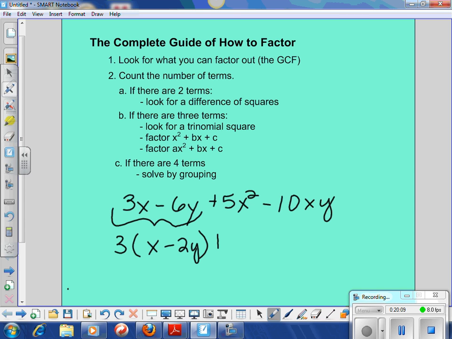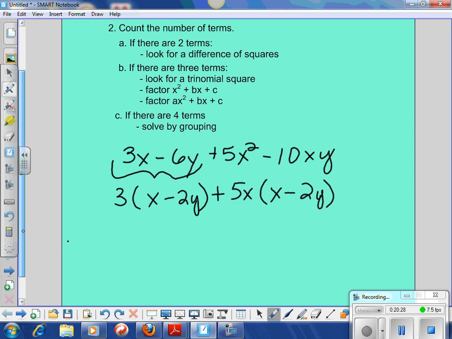Next, let's take out 5x. So 5x squared divided by 5x leaves us x, and minus 10xy divided by 5x is 2y. This worked right off the bat. So now what I have, let's slide this up a little bit, is